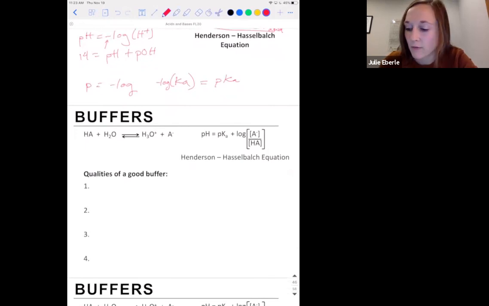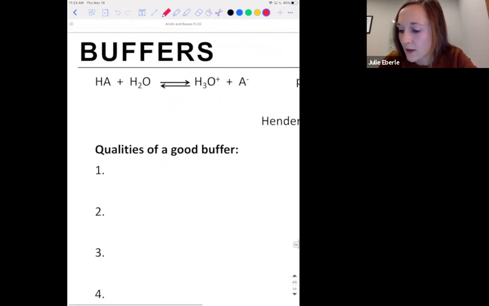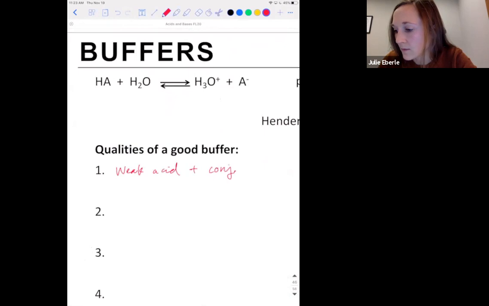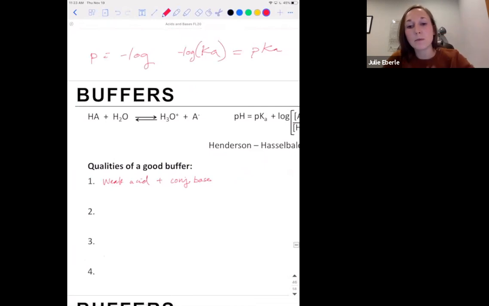Well, first off, this one's obvious, but we have to have a weak acid plus the conjugate base. This is just a reminder. You cannot have a good buffer with a strong acid or a strong base. Weak acid and its conjugate base. The second quality of a good buffer